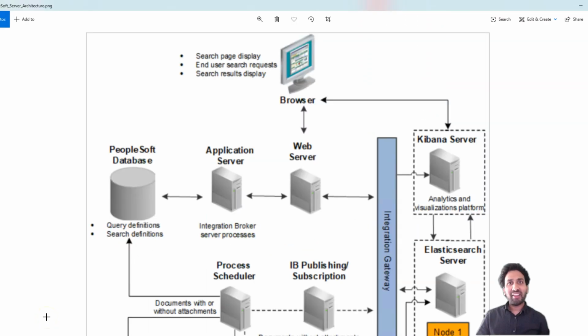Like always, I will begin by showing you the architecture diagram of Search Framework. To configure any global search, the very first step is to create data source. We created that data source using PS Query in the previous episode. As you can see here, the very next step is to create search definition. Along with search definition, we need to configure a bunch of other steps behind the scenes. Let's go through all the steps.